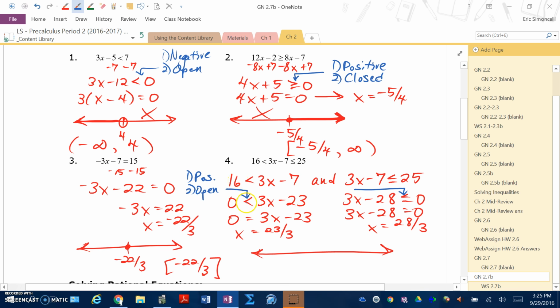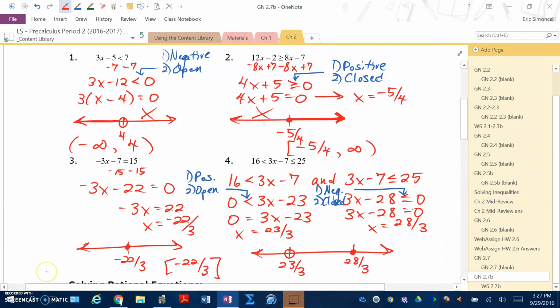Again, reading it from right to left. Similarly, though, in this case, because the quantity is less than or equal to 0, we say that we want negative values. And secondly, closed. Okay, so we go to our number line, and we identify both 23/3 and